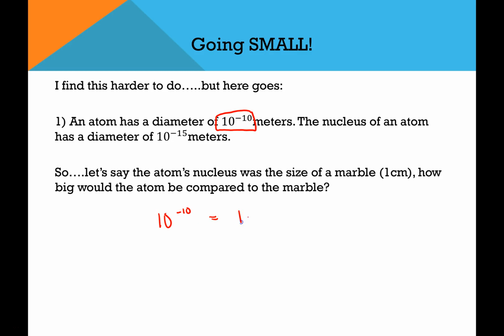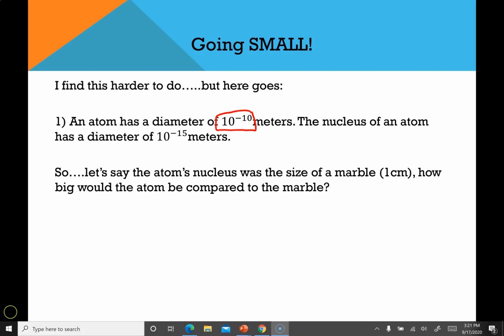That gives me 1 times 10 to the negative 10th, and we know what to do here. That's equal to 1.0 times 10 to the negative 10th. So I'm bringing my decimal back 10 times. So that's what that means. 10 to the negative 10th means we're bringing that decimal back 10 times. So 10 to the negative 10 is actually